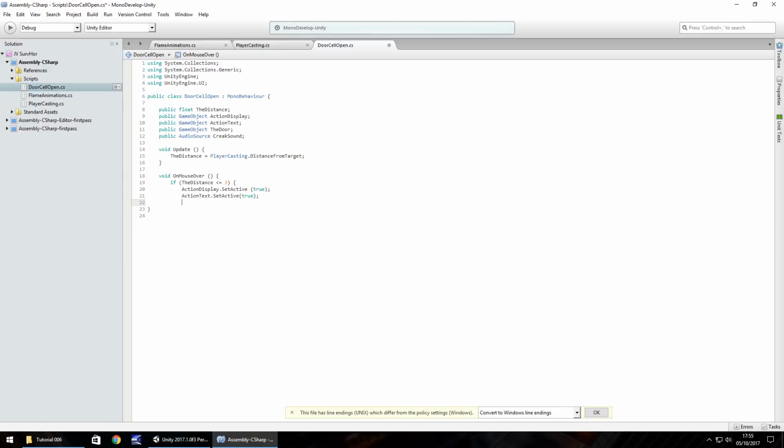So once we've done that, we can then set another if statement, which will allow us to control whether we are pressing the action key on this door or not. So to do that, we just need to close that if statement and start a new one. So if